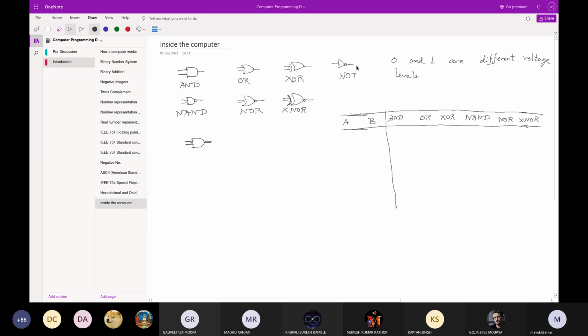If you pass high voltage, the output will be low voltage. If you pass low voltage, the output will be high voltage. It converts 0 to 1 and 1 to 0. For A B equal to 0 0, AND will be 0, OR will be 0, XOR will be 0. This will be 1, right? For 0 1, AND will be 0, OR will be 1, XOR will be 1, NAND will be 1. NOR will always be the inverted value of OR. NAND will always be the inverted value of AND. And